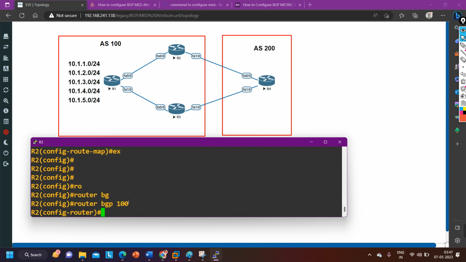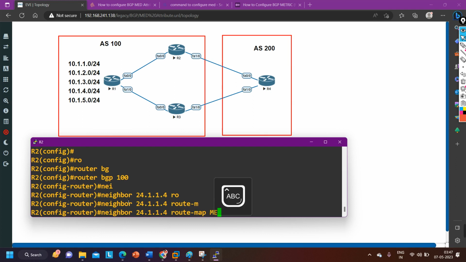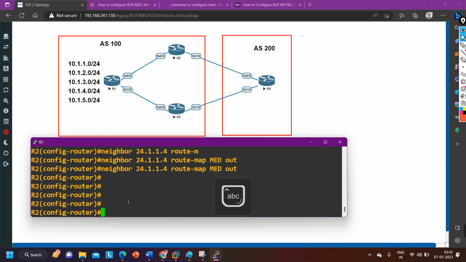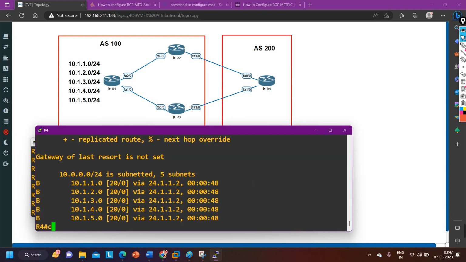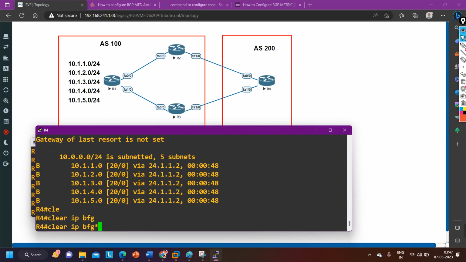Now I am going to use this route map in BGP. Router BGP 100 and neighbor 24.1.1.4 use route map MAD in which direction? In odd direction. Done. Now on router number 4, clear IP BGP star soft in,